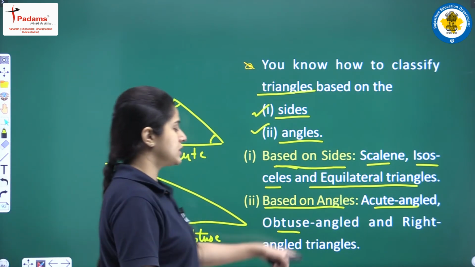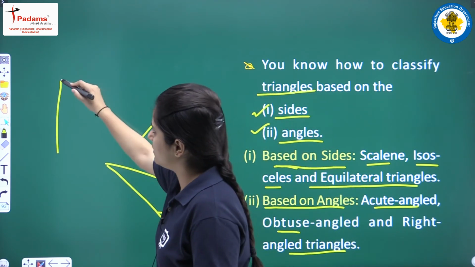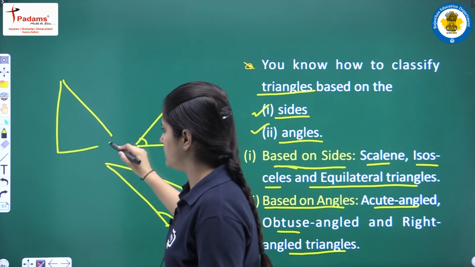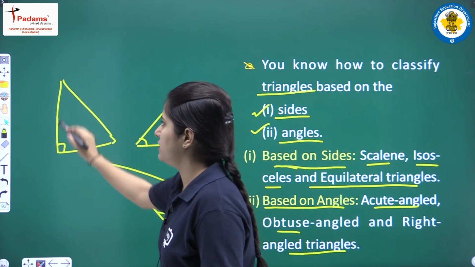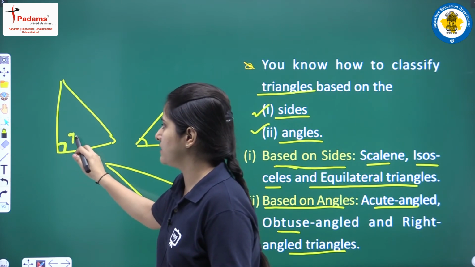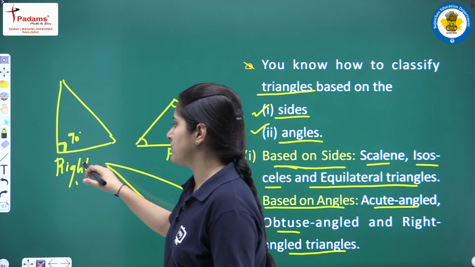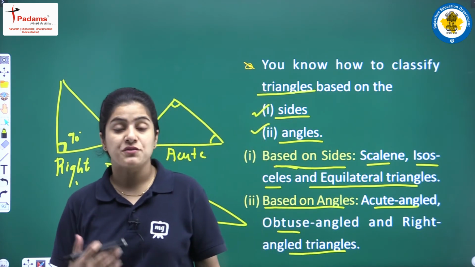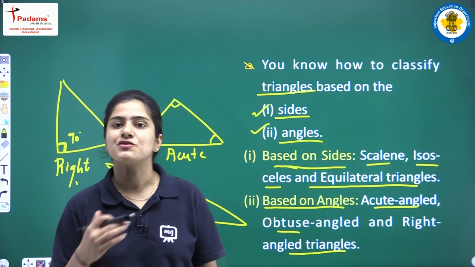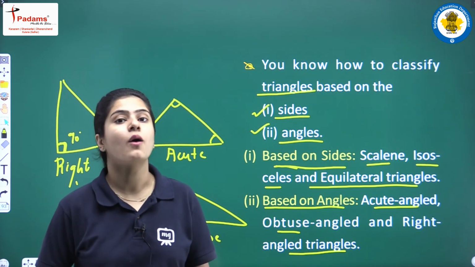And if I'm talking about the right angle triangle, students, then this is one straight line, it's the hypotenuse. Then this one is the perpendicular, and it is forming the angle of 90 degrees clearly. So this is a right angle triangle. Okay students, so we have discussed the classifications of triangles. Now students, we will be discussing